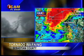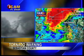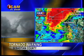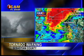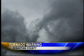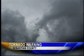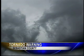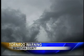If we can just stay on that shot right there. Well, you can see the spin. There's definite rotation. We're getting a lot of reports of people seeing the rotation. No confirmed reports of any tornadoes on the ground. Obviously, we got a very close look at this live right now with our downtown Fort Smith iCam. The rotation area moving right over the downtown Fort Smith area from Arcoma to Fort Smith, downtown Fort Smith, South